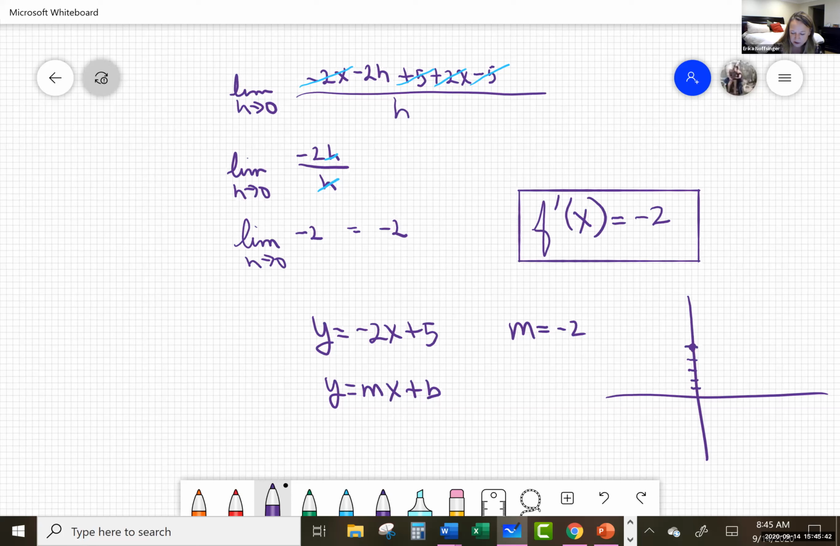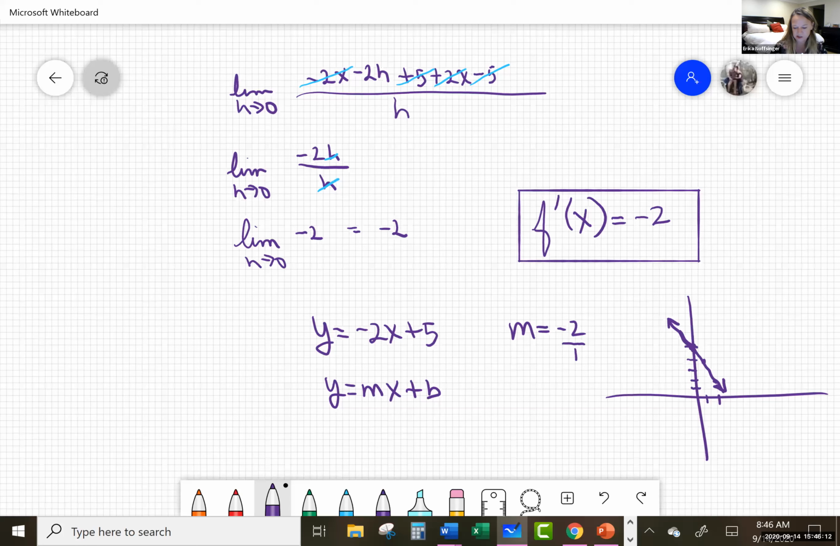So if I go down 2, and I can think of this as -2 over 1, if that helps, if I go down 2, I'd go over 1 to the right. If I went down another 2, I'd go over 1 to the right. And so any point that you choose on this line, your slope is always going to be -2. So that one wasn't as fun, but that was just the first question, which was to find f